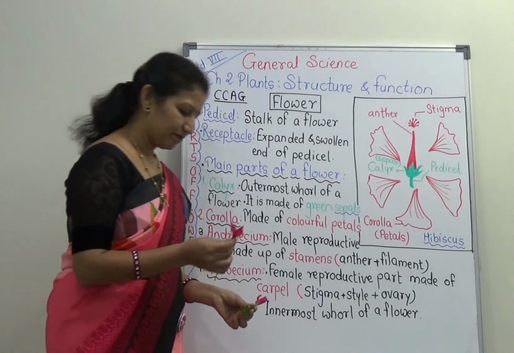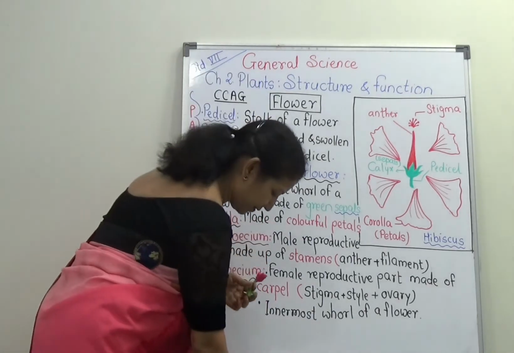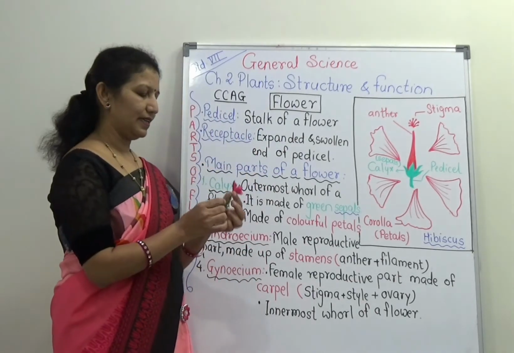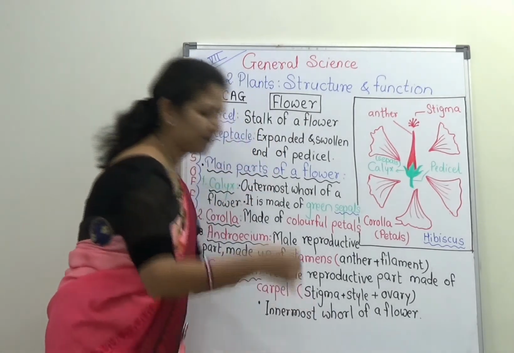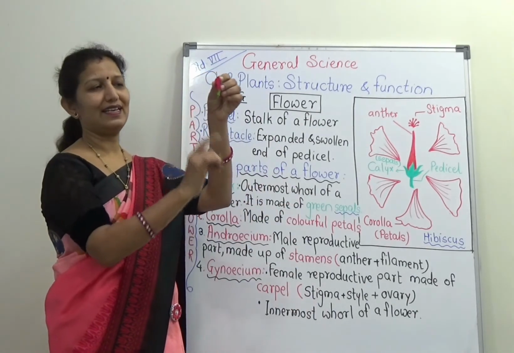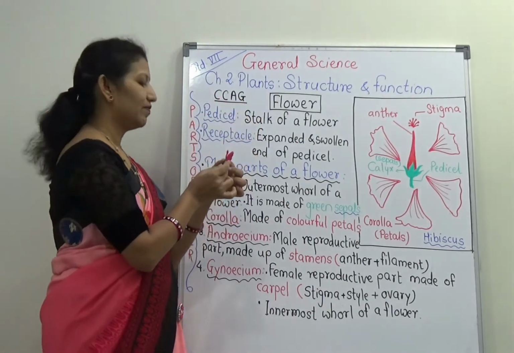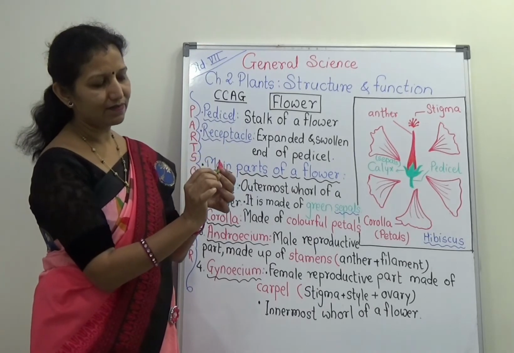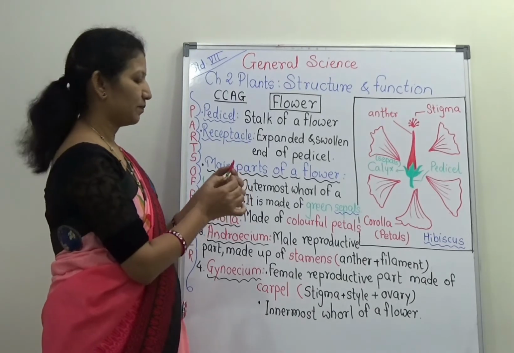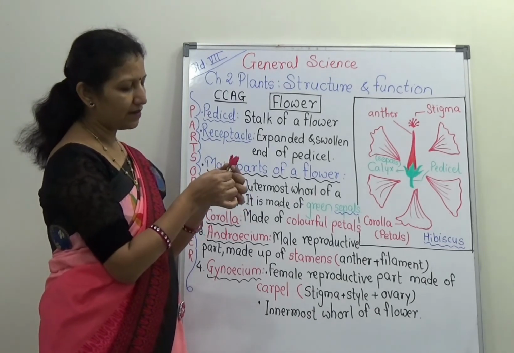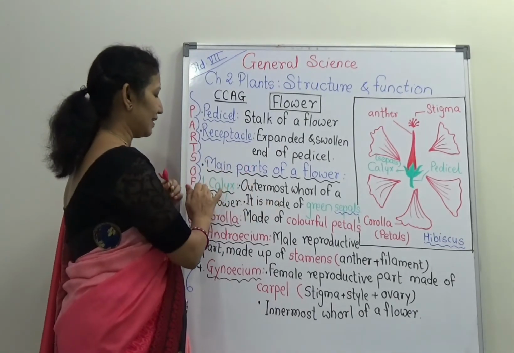Now see, this is hibiscus flower. Now we will see one by one the parts here. See, this is what? Pedicel, the stalk of the flower. It is somewhat long here in this flower. Now see, there is one receptacle or thalamus, pushpadhar. It is swollen. Now I will do the dissection of the next part, calyx.